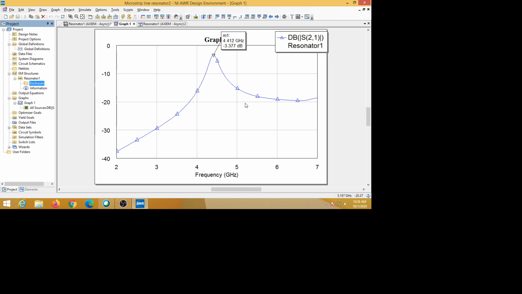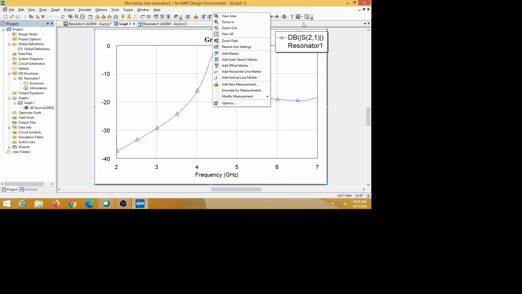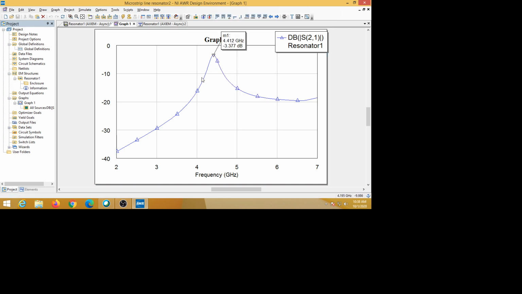So this plot, as you can see, you can modify. Modify the plot means you can make it look better by using the properties of the plot. Here you can change the thickness of the line.